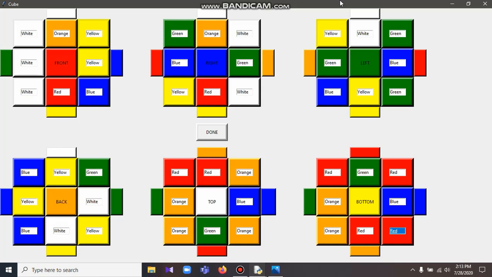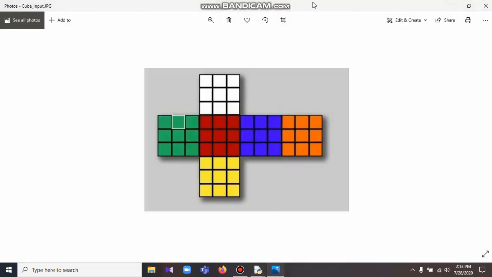So we implemented this algorithm in Python and used the graphical user interface, or GUI, as well, to make this Rubik's cube solver more interactive. The orientation we selected for this Rubik's cube was this one, where the white face would be on the top, followed by the green, red, blue and orange, and similarly yellow on the bottom.